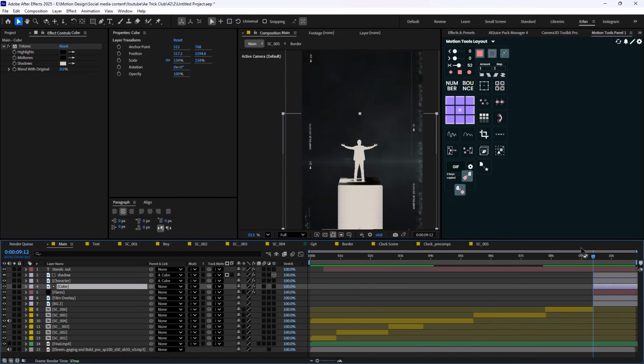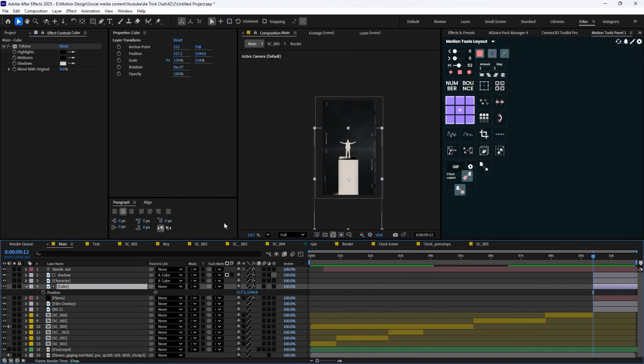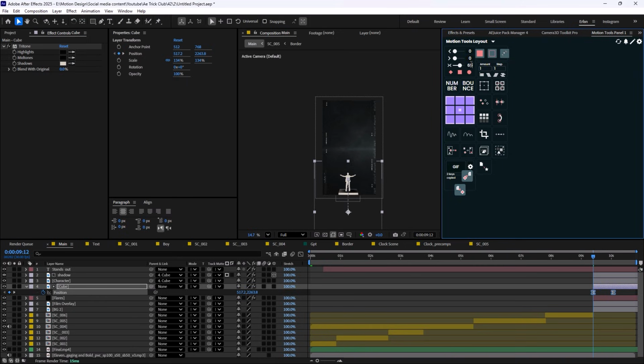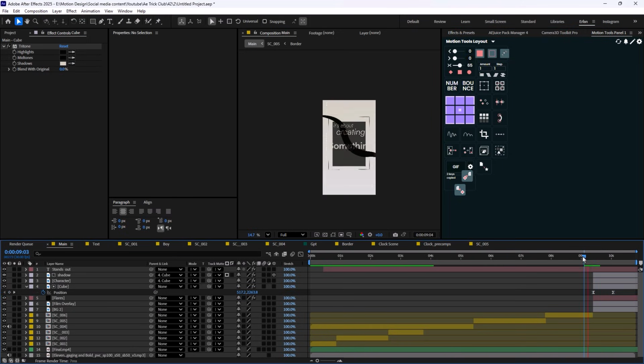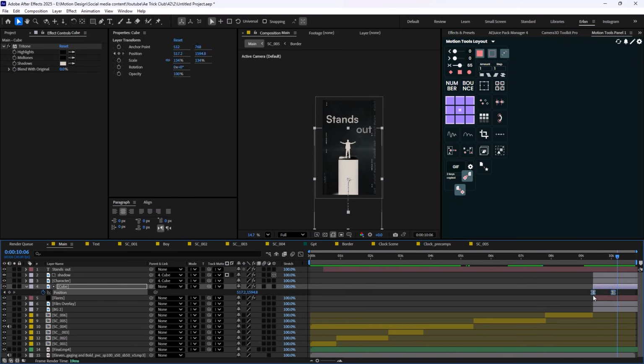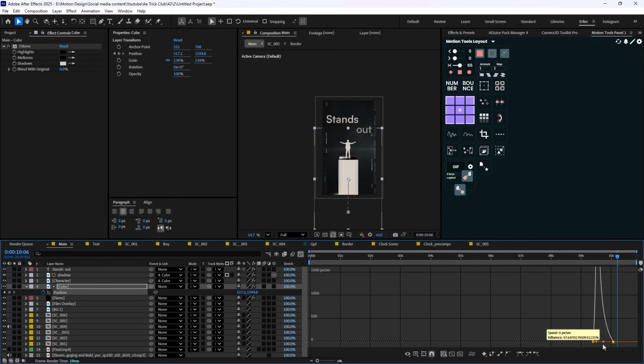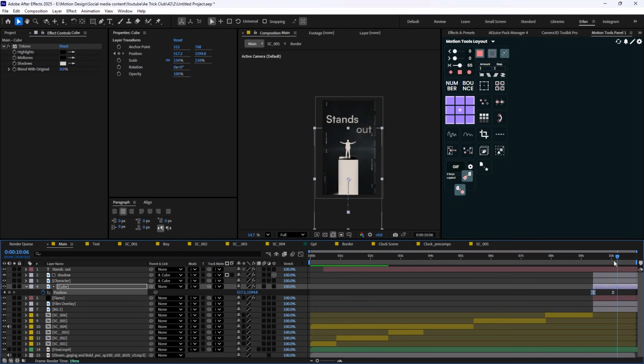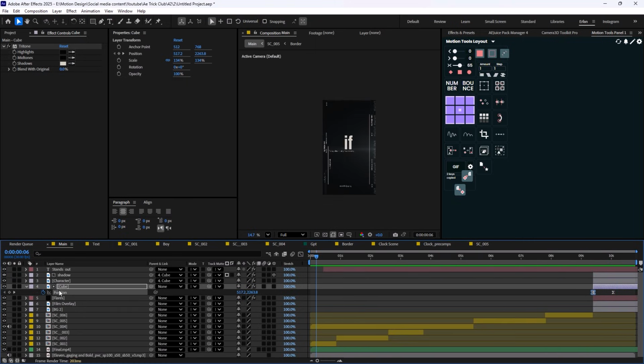Now we can just select the cube. We can open the position a few frames forward. We're gonna just set another keyframe, and then once it's set, we're gonna just push it down. And then we're gonna just set the easings on 65%. Okay, it needs to get revealed better, so we're gonna just set the easings like this. Something that truly stands out. Now this scene is finished.